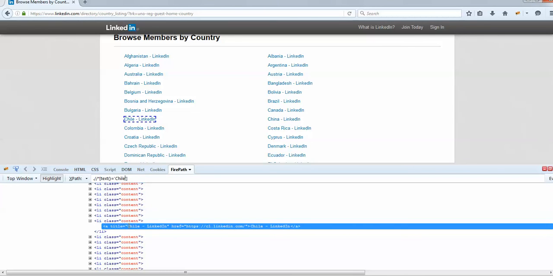I would suggest copy paste as it is to avoid any typo. So see, it identified the element correctly.